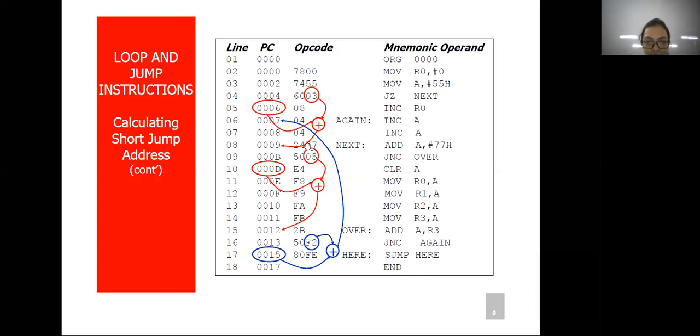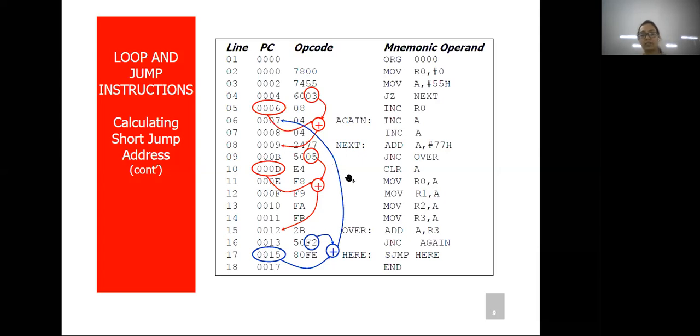So 0006 plus 0003 gives 0009. You have to jump to this location, 0009. This way you can calculate your target address.